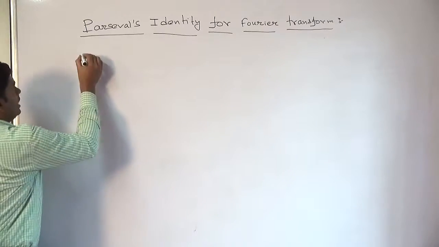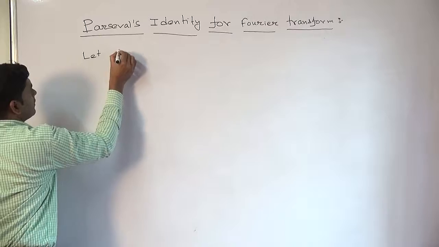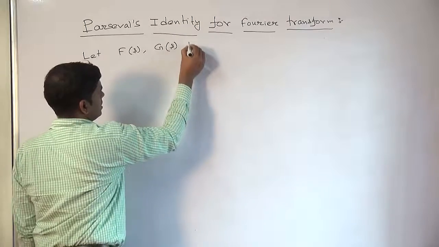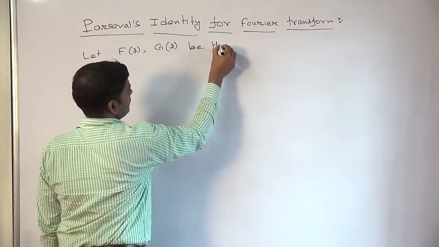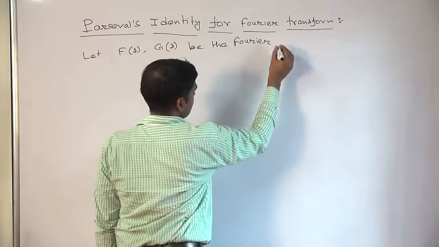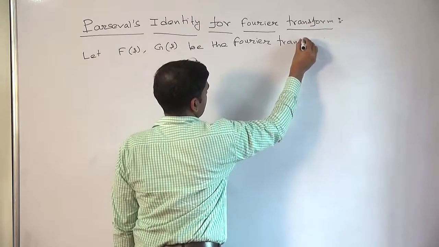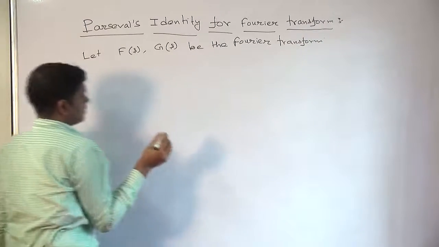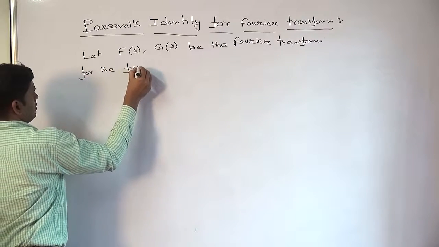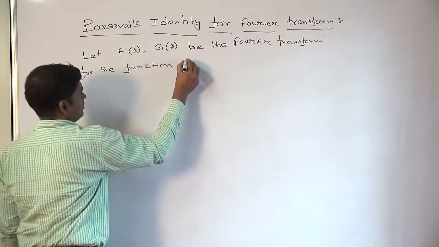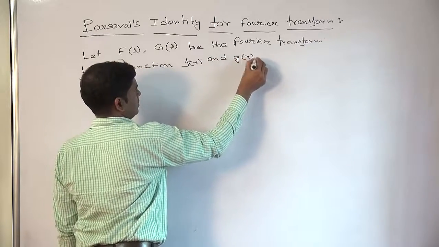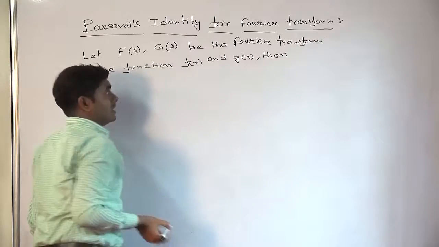Then let F(s) and G(s) be the Fourier transforms for the functions f(x) and g(x). Then Parseval's identity is saying that